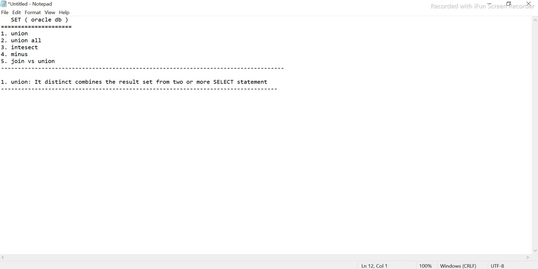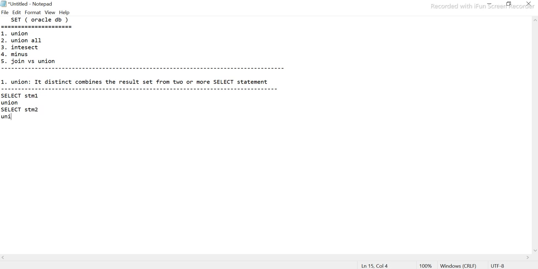What it basically does is combine the result set from two or more select statements, which means there will be a minimum of two select statements. Select statement 1, then I will put the union operator here, and then select statement 2, right?